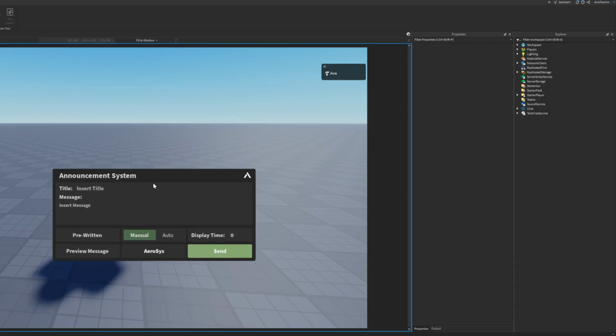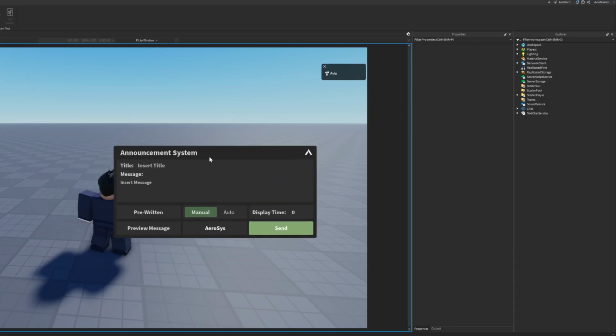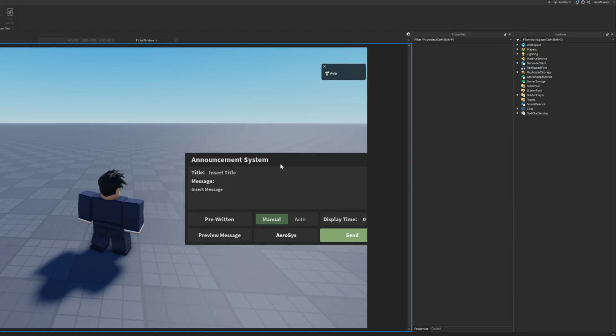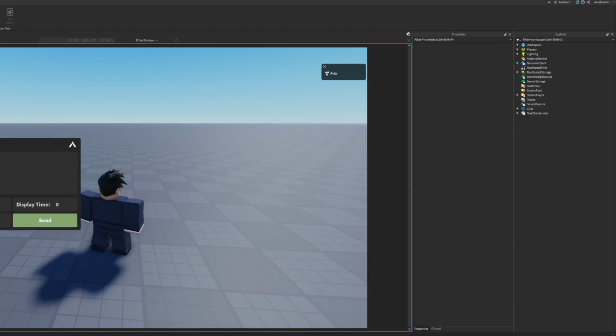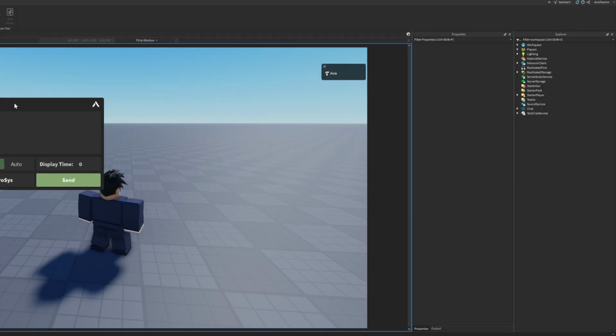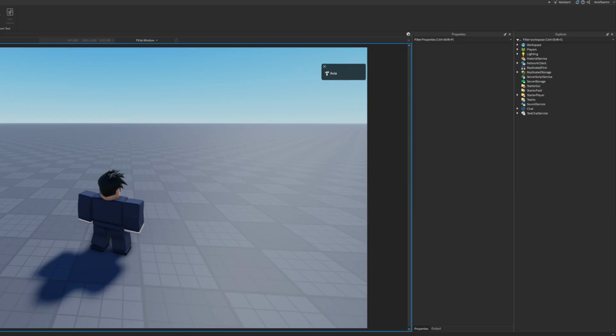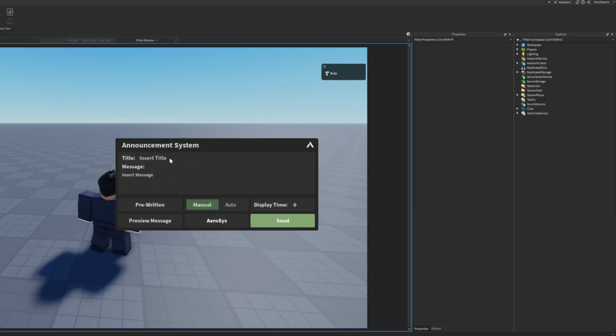So here, if you hover over the top bar, you can drag it around your screen, because I know it's a bit large. However, it's large so that it's easy to press and not press something wrong. So yeah, to enable and disable it, press the top bar icon with the megaphone, and then you'll have this UI